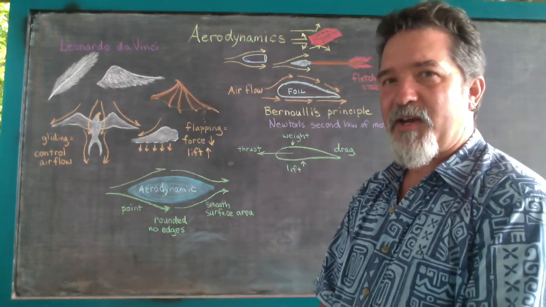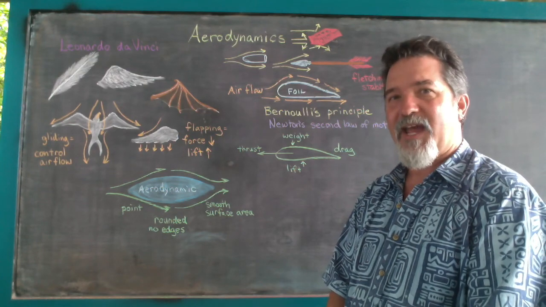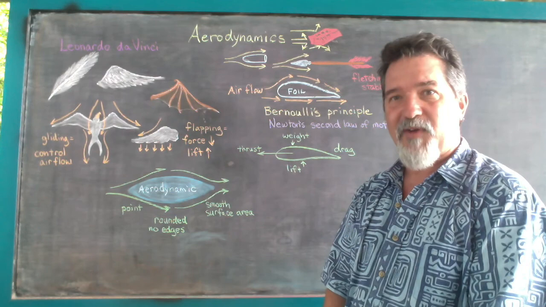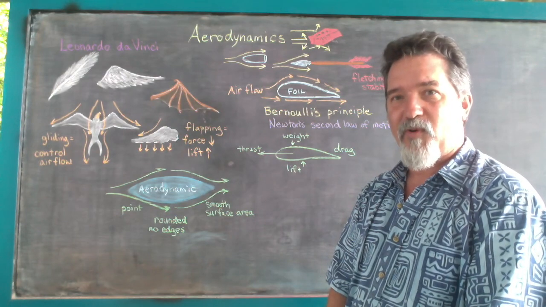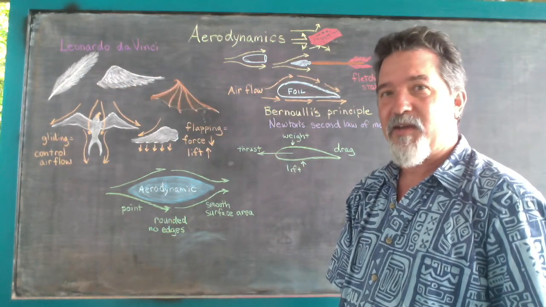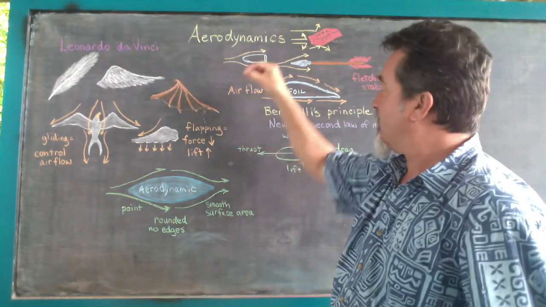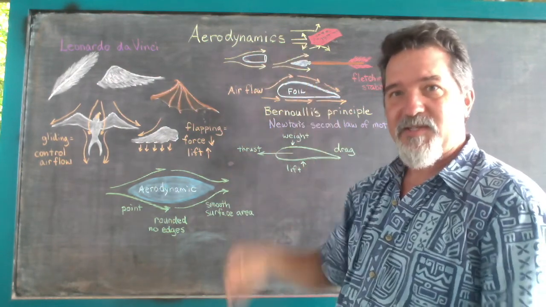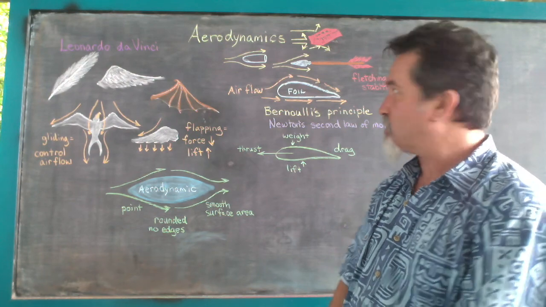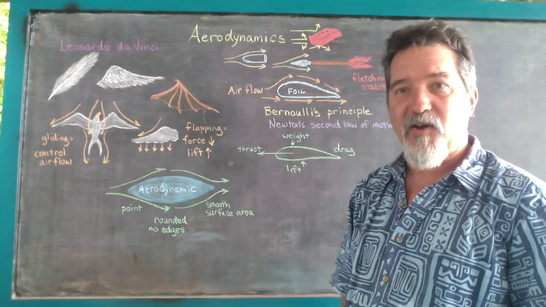So how does aerodynamics really work? Well, we have many things that are aerodynamic. If we look at something like a bullet, it is shaped in a very aerodynamic form and therefore is able to speed through the air with a great deal of accuracy. Once again, a point that is tapered. It has all rounded edges. It's essentially cylindrical coming to a point. And of course, as it pierces through the air, it's going to stay on target as long as it is consistent.